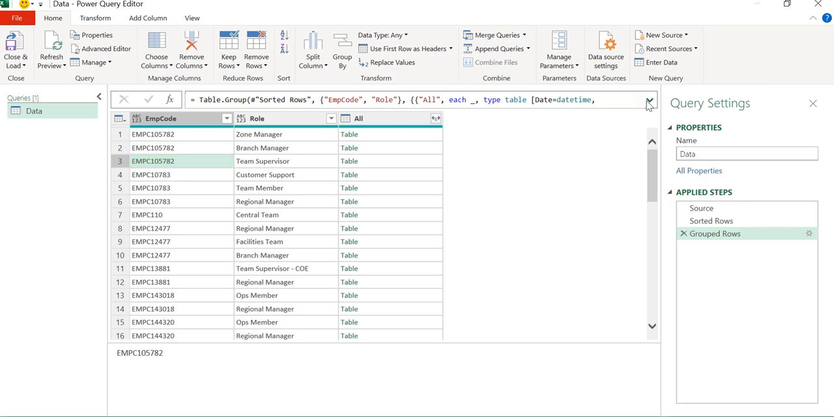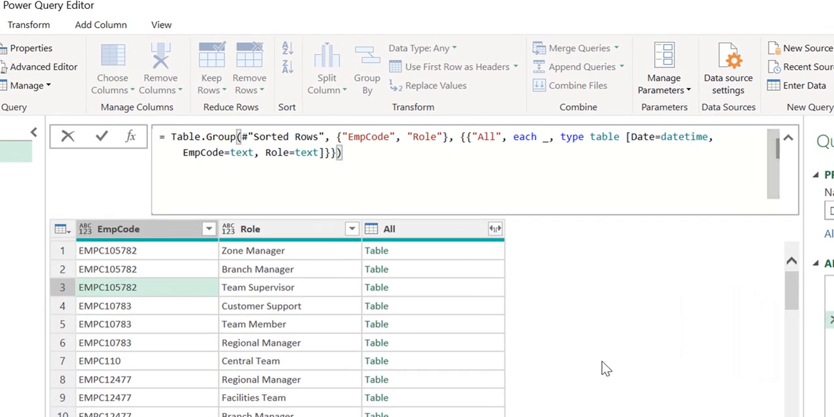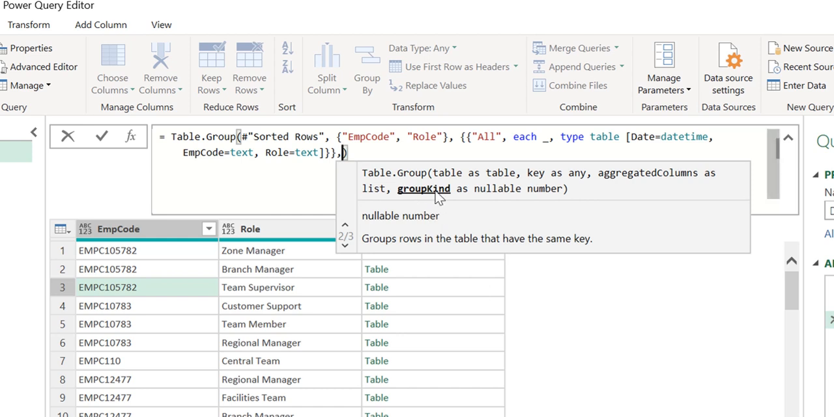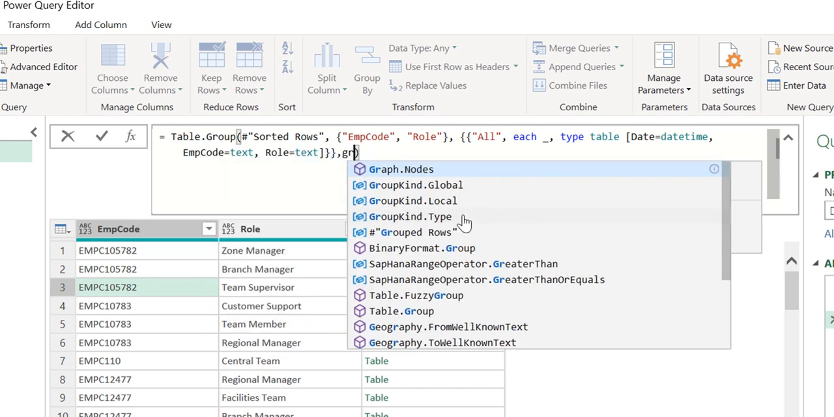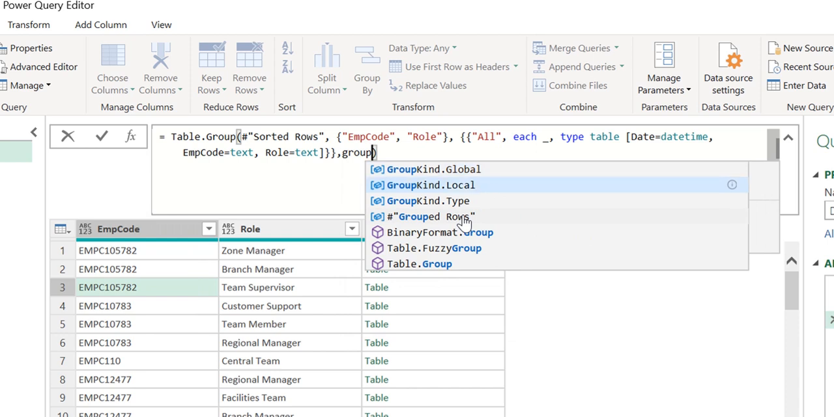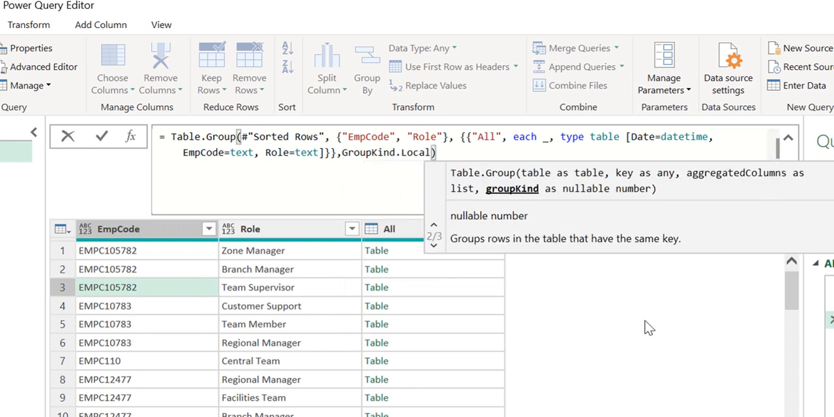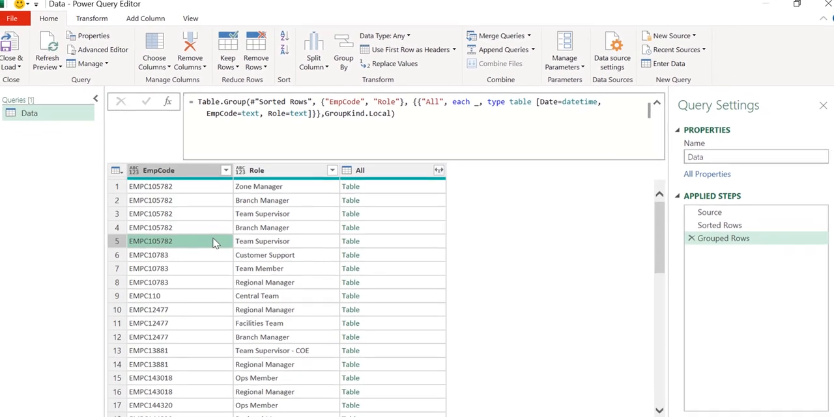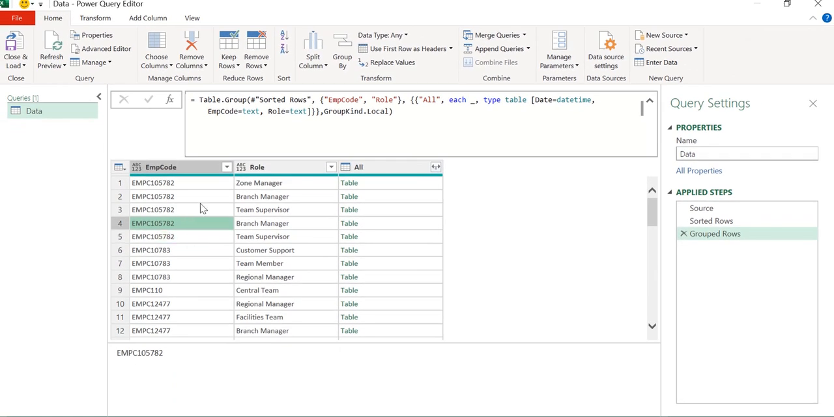So we will go in the M code, and here we will write comma. Here you can see that we have got this additional option as group kind, and by default this is GroupKind.Global, but we will change this to GroupKind.Local. Correct. So let's select this and let's see our result now. In our result we can see that this particular ID 105782 is repeated 5 times. Correct. So it is grouping those roles and employee codes on the basis of every change that took place in the data. Correct. So this is the trick that we used,